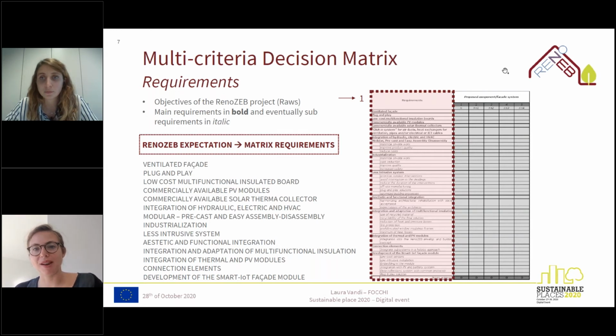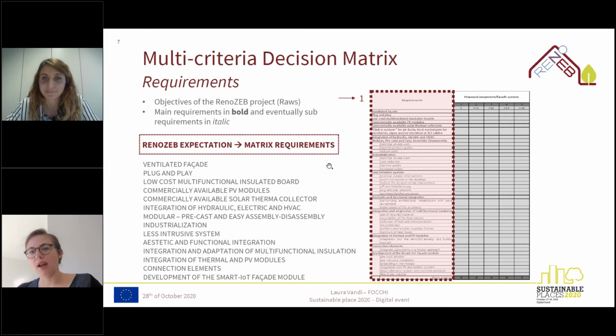Sorry, I have also a question on my side. Who provides the data for each product that you put in the matrix? We have developed the matrix. The data related to each product, in some cases some partners have provided data, or otherwise we just call some company or find the information on the website. So it was a result of activities, not just from our point of view.